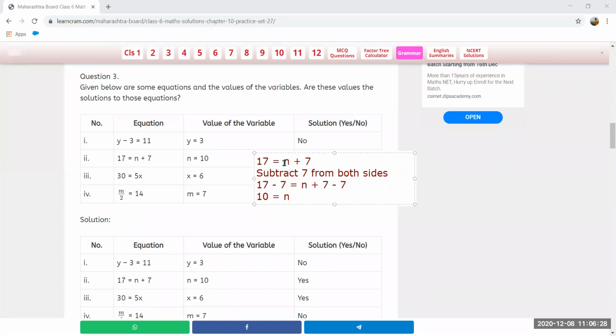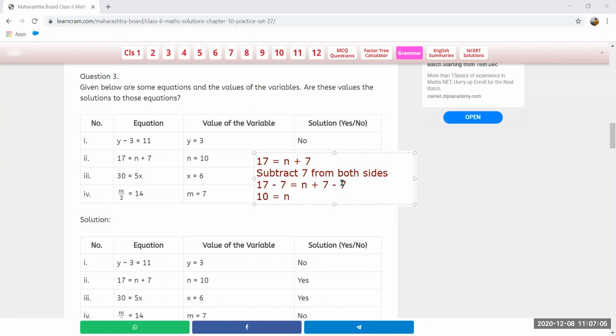राइट नाउ 17 इज इक्वल टू n प्लस 7. सब्ट्रैक्ट 7 फ्रॉम बोथ साइड. अगर मुझे सब्ट्रैक्ट करना है 7 बोथ साइड से तो यहाँ पे मैं 17 लूंगी. ओके तो सब्ट्रैक्ट 7 करना है तो यहाँ पे -7 इज इक्वल टू n प्लस 7. जो हमारा इक्वेशन वो वैसे ही रहेगा, -7 आ जाएगा. ठीक है तो यहाँ पे -7 हमने इसके लिए क्योंकि हमने यहाँ पे लिखा है सब्ट्रैक्ट 7 फ्रॉम बोथ साइड. Now 17 minus 7 is equal to n plus 7 remain as it is and we will again write here -7 as we have noted down here subtract 7 from both sides.